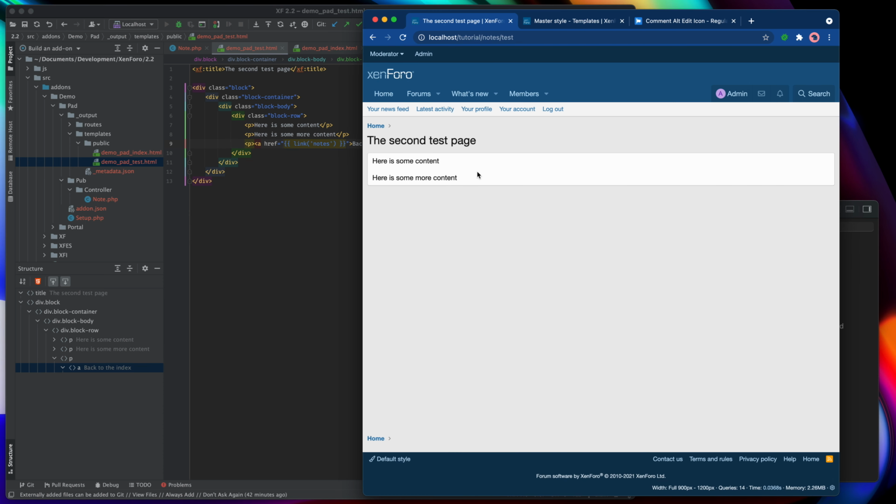So we'll refresh this page. And there's my link back to the index, and that takes us to the index page. Notice that was a bit slow because it's recompiling. This one will be fast because there's no compile to do, I think. Or at least, there we go, now it's fast because the templates have done their job. So here we go, linking between them, and you can see that up in the URL bar there, we're going between notes and notes/test. So that's the basics of linking.